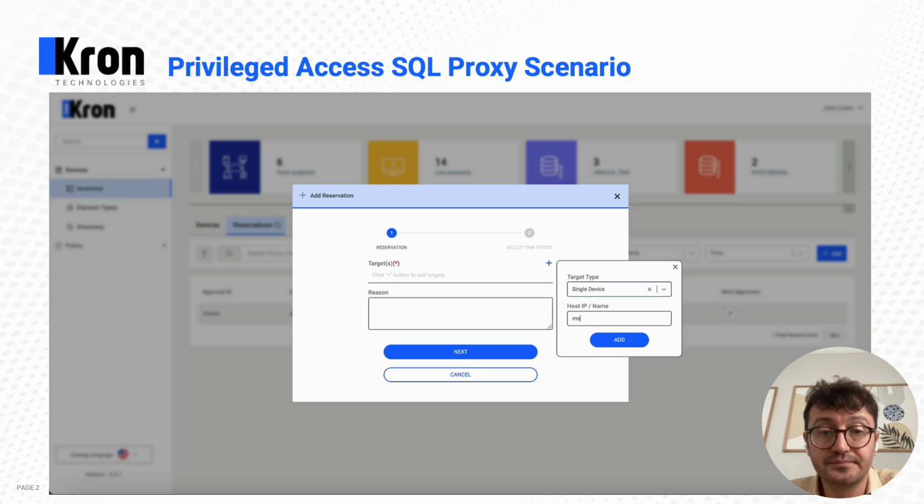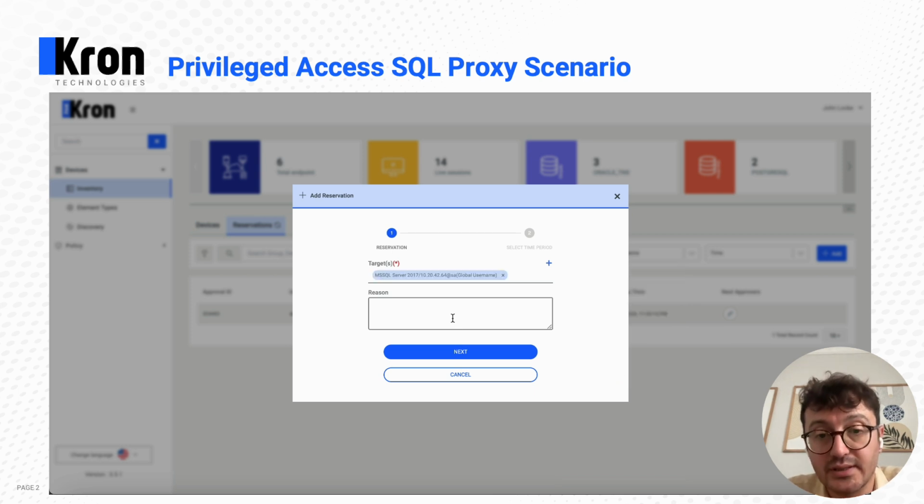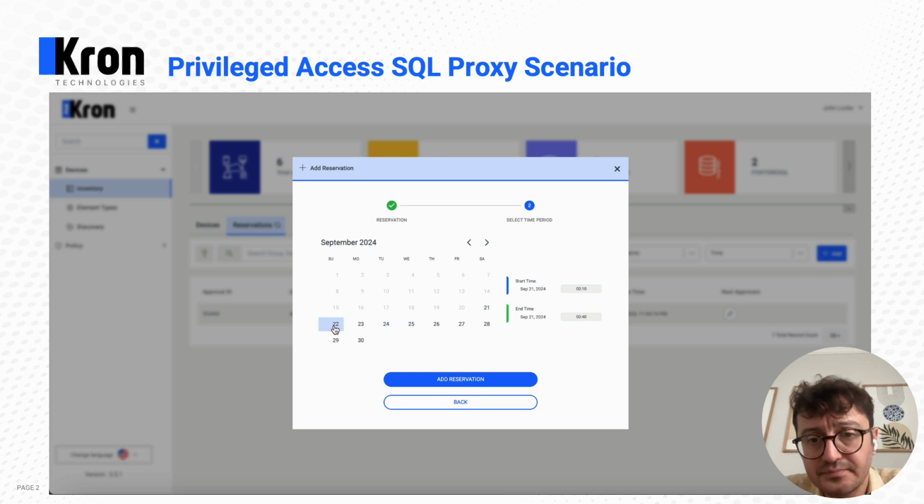by default. And select the time window for the connection here as well. So we'll be selecting a 20-minute time window for this connection, more or less. So once we create the reservation,